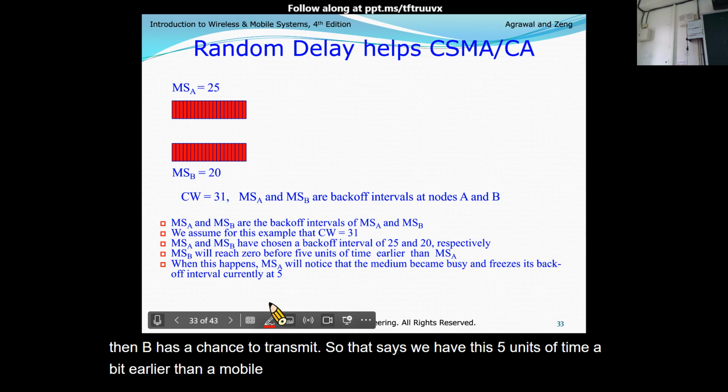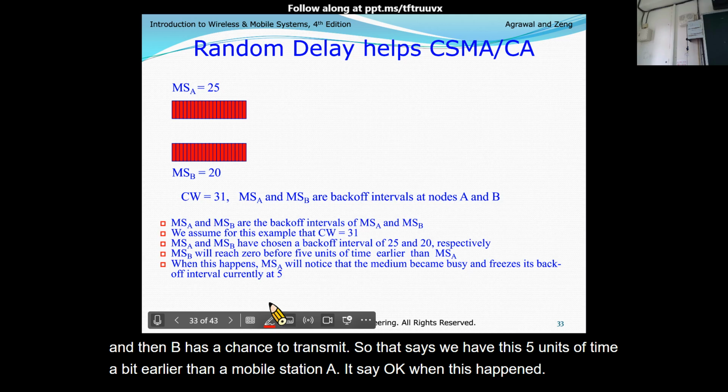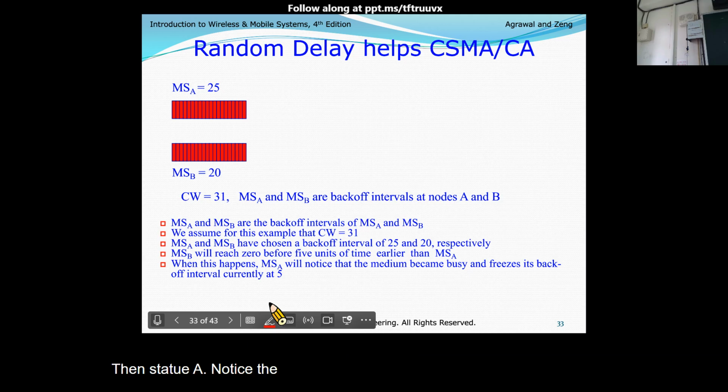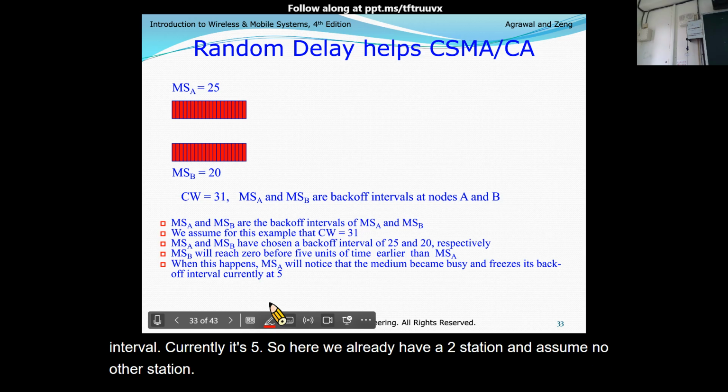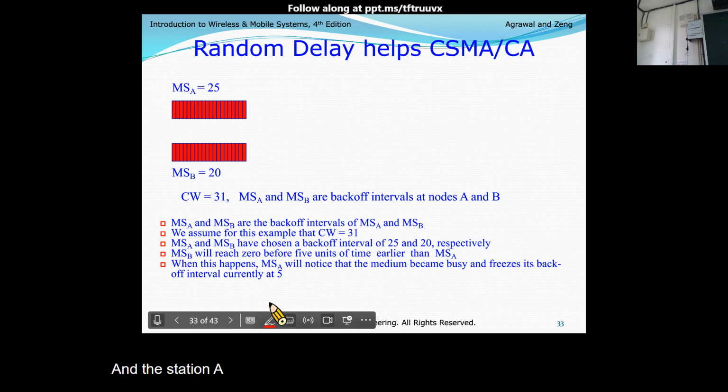Then when this happens, station A notices the medium becomes busy and freezes its backup interval. Currently, it's 5. So here we already have 2 stations and assume no other station. Station A and B count down 1, 1, 1, until 20.